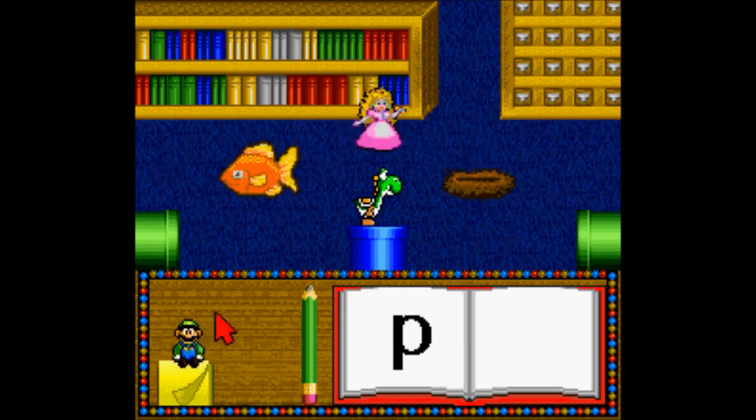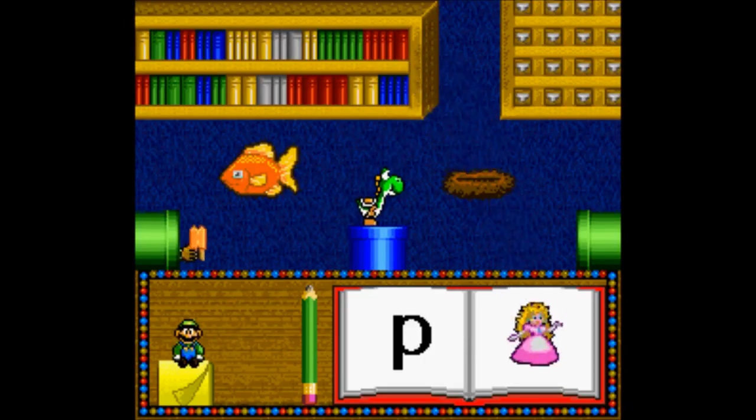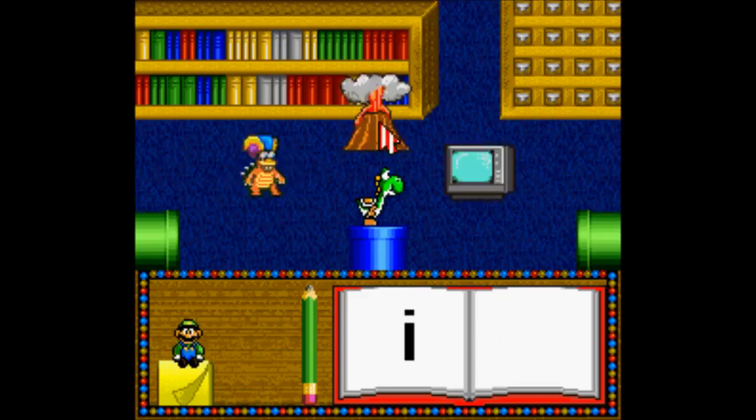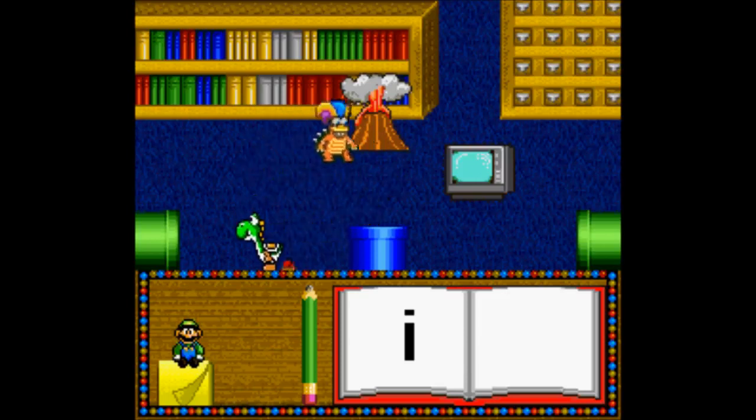Pick the picture that starts with the sound. That works for me. You chose Princess Toadstool. Choose the picture that starts with the sound I. You found it.